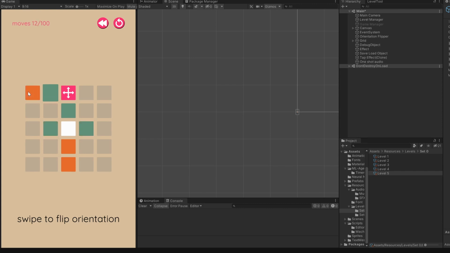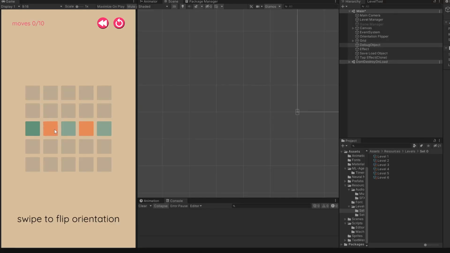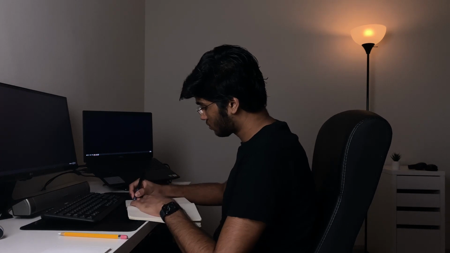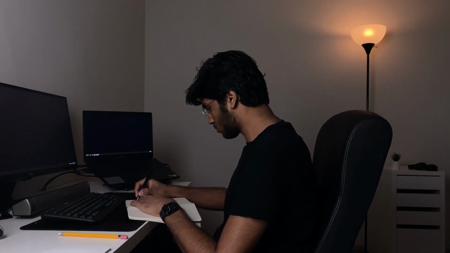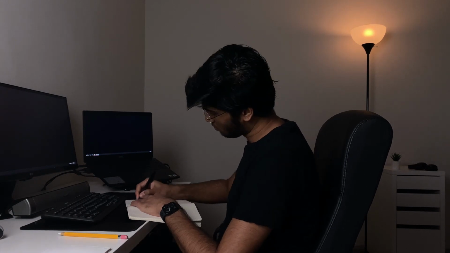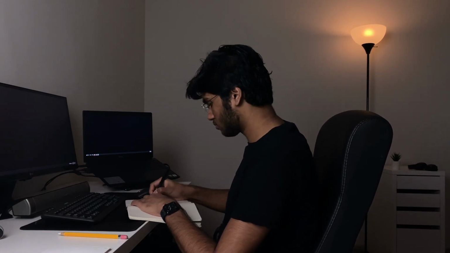This mechanic was perfect. I didn't have to introduce something completely new, but it still managed to add something. Once I added the inactive and active tile mechanic, I thought it might be a good idea to add it to the colored tiles too. So an inactive colored tile cannot be changed. It has to be changed through a chain reaction of the other tiles. I tried to design some puzzles where this would be a good mechanic, but I couldn't come up with anything too special. So I think I might add these tiles when I want to introduce some difficulty into a level.